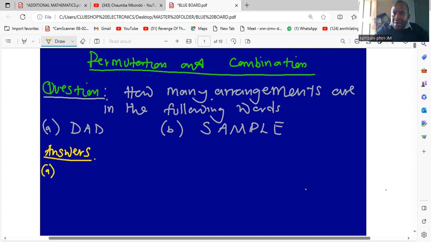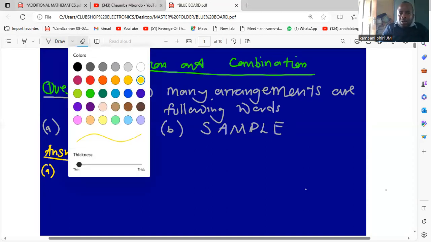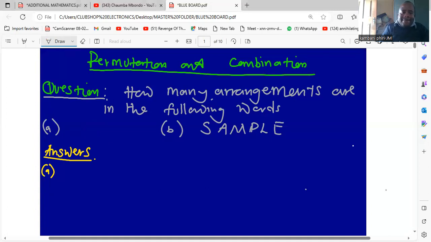A, we're asking how many arrangements are there in the following words. So in this word, for a start, maybe I should avoid using repeating letters. I think I'll do that in the next presentation. Maybe let's say cut. So in this word cut,